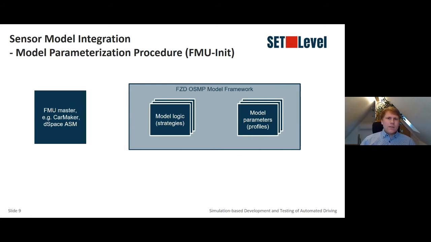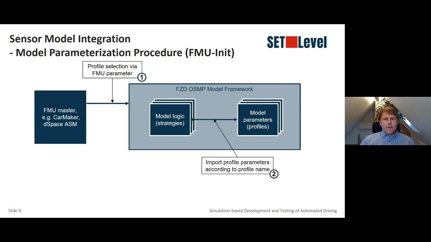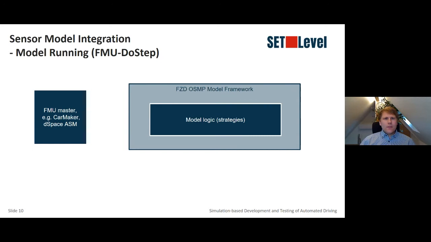So in this case, we are looking at the initial phase. So at first, the FMU master selects one of these parameter lists, so-called profiles, and then in the second step, these profiles are parameterized to the model, and in the third step, the model itself can send the selected sensor view configuration, which, for example, contains the mounting position of the sensor and several other parameters, back to the simulation master. And when the simulation is then running,